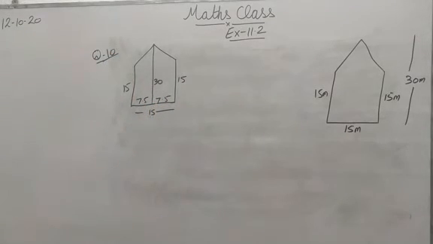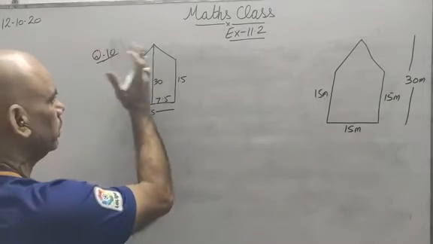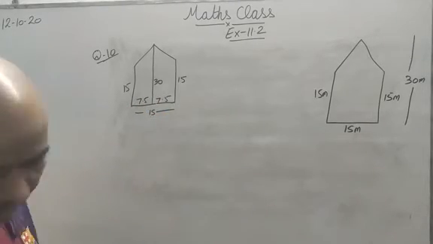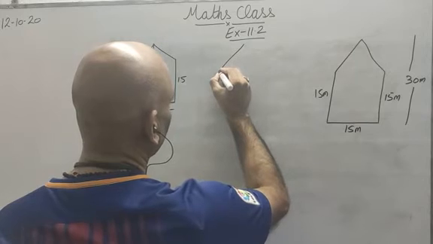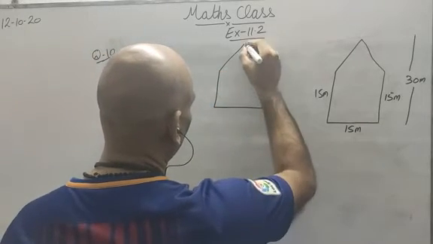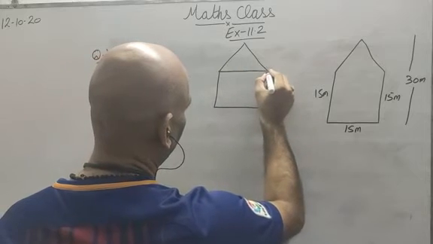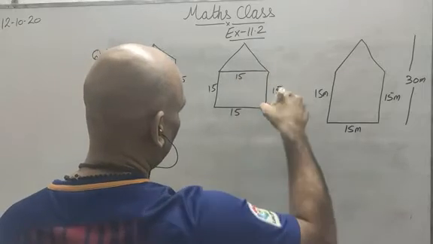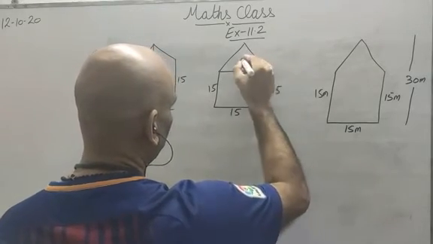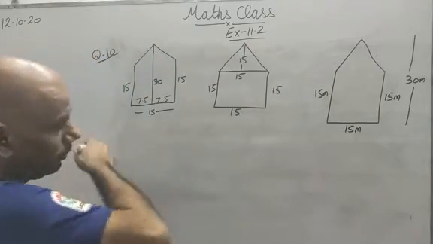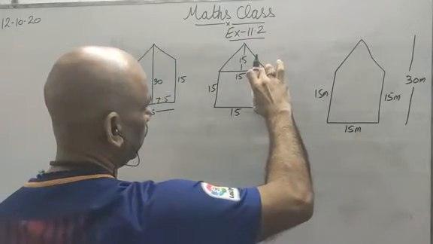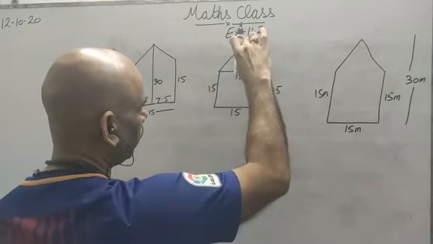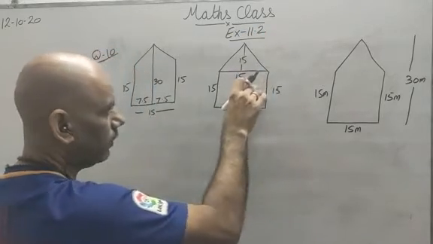So she has divided the pentagon into two trapeziums. These two are parallel lines, so the sum of parallel lines into height. And what another girl has done, she has drawn a line here. She has made it a square, 15, 15, 15, 15, and the height was 30. So 15 is still here. So till here it will be 15. Look, the total height was 30. Till here it is 15. So the rest will also be 15. So a triangle with base 15 and height 15, and a square with side 15.